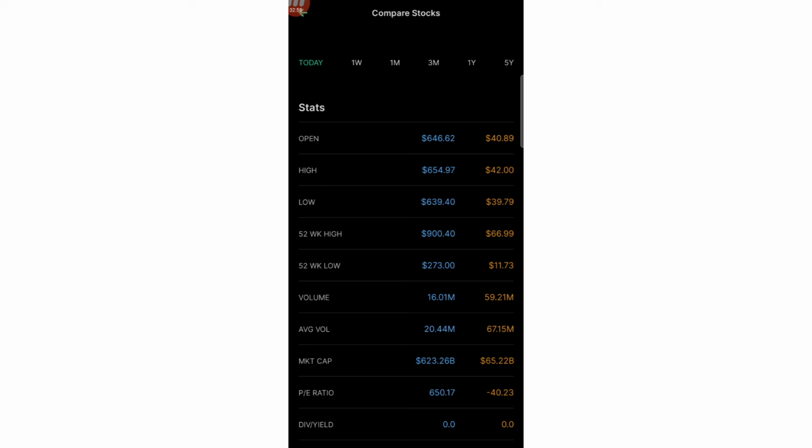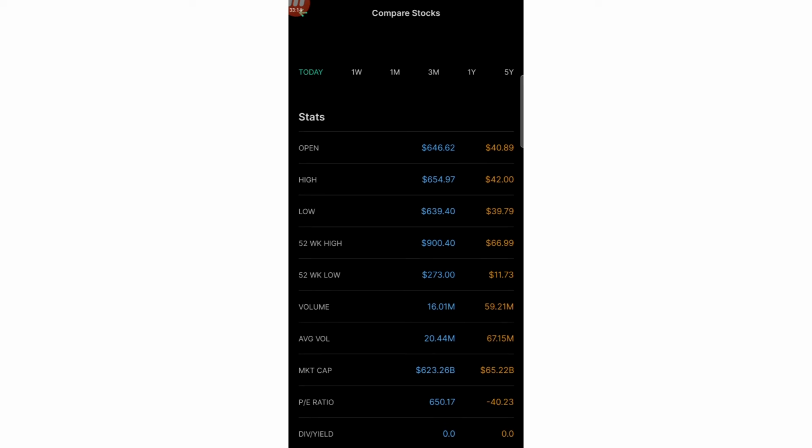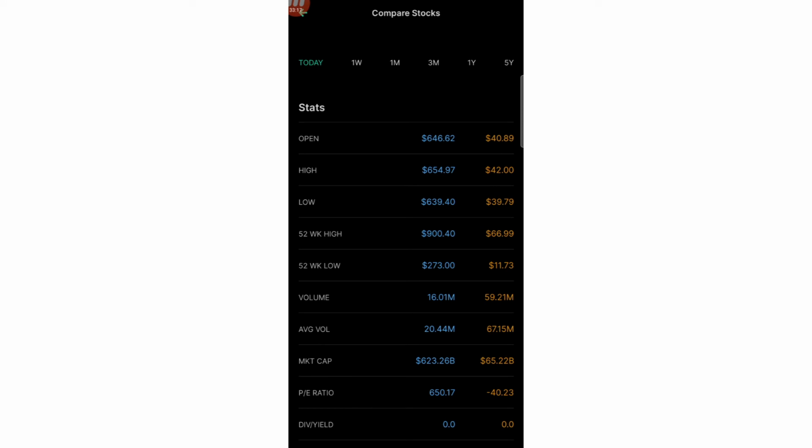We can see the open prices, right? And we can see the highest price that the stocks did during the last trading session, and the lowest price, right? We can also see the 52-week high and 52-week low, and we can also see the volume. I think what's even really unique here is how the volume of Tesla is significantly lower than the volume of NIO. You can also see the average volume, and you can see the market cap as well,